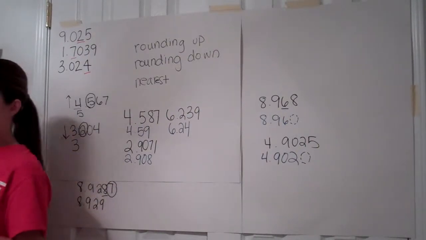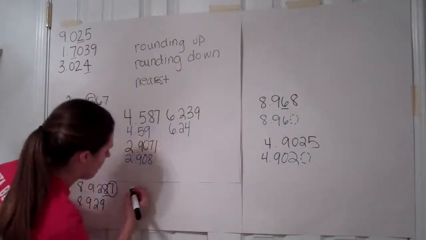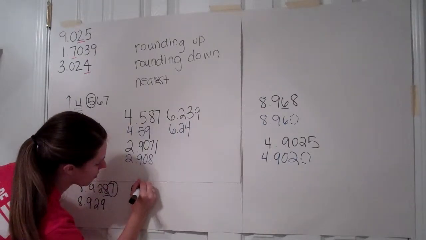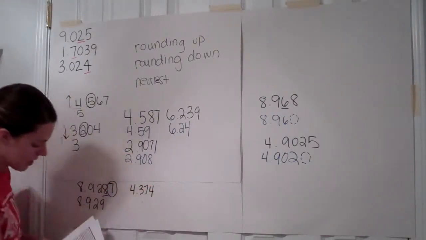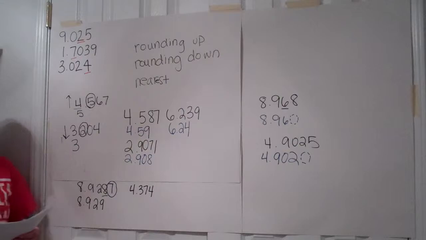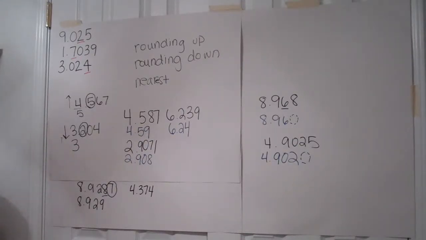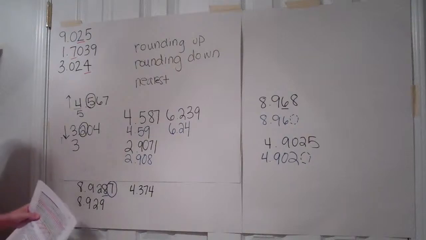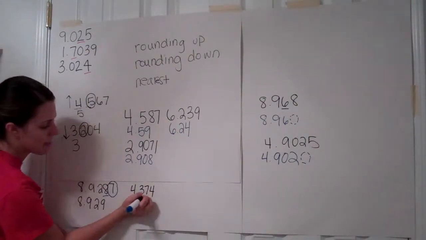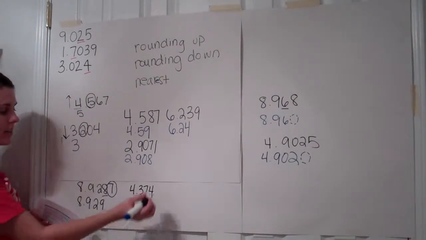All right, let's try one more. Nancy, can you round 4.374 to the nearest hundredth? Okay. 7's in the hundredths place. 4 tells us to go down. 4.37. Good job. Since we have a 7 in our hundredth place and our number next to it